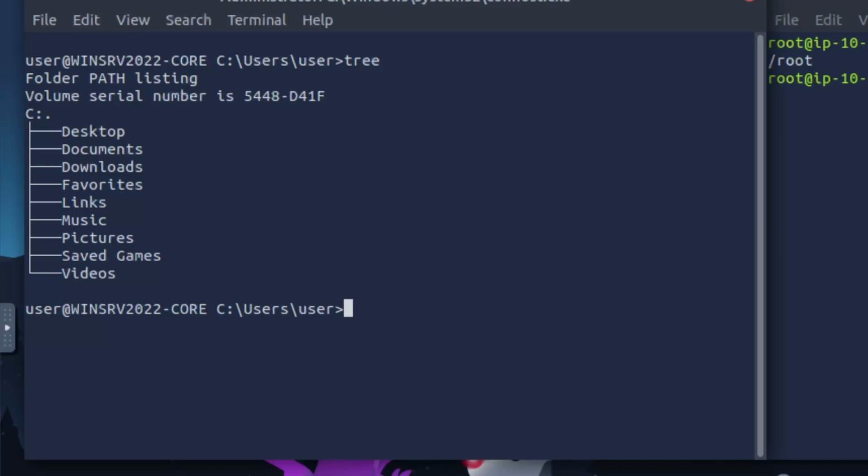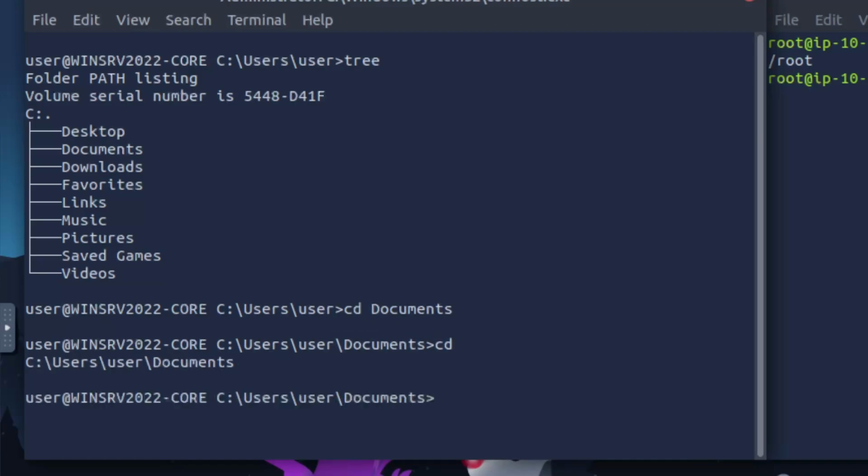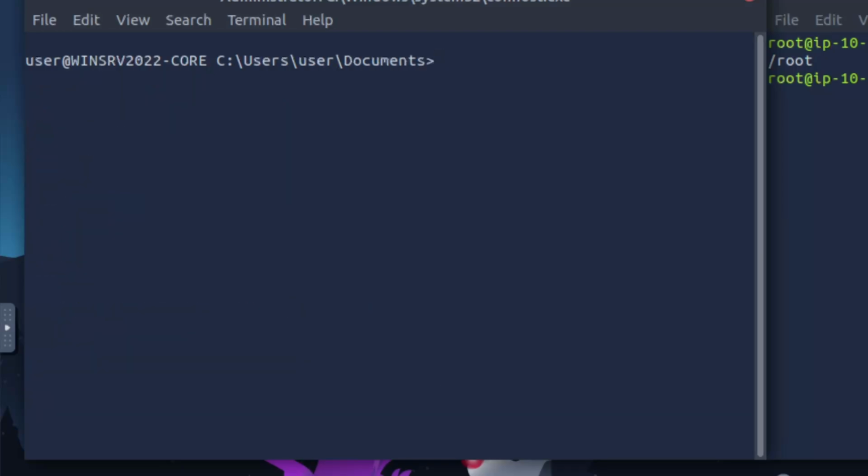So in this particular case, we don't actually have any child directories. So what I can do now is use the cd command and hopefully create some things that we can use to view the tree format again, and then actually see it cleanly. So I'm going to change directory into my documents folder, and now you can see that my command line has updated and changed. Now I'm inside of the documents folder. If I run cd by itself, it'll give me the full path of where I am at,